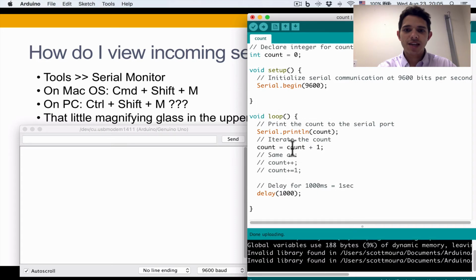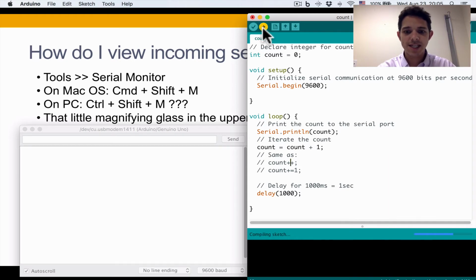I have the count sketch here. You can see I initialize count to 0. I begin a serial communication, and then in the loop statement, I'm going to do a println, which is the current value of count, sent as characters, even though count is type integer, and then I'll increment the count variable by 1. So here I will upload the sketch,